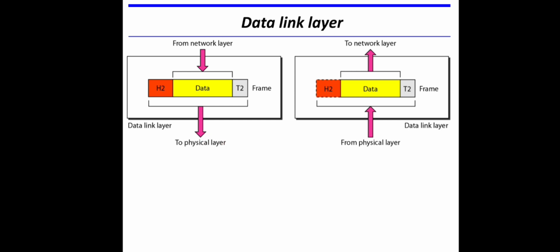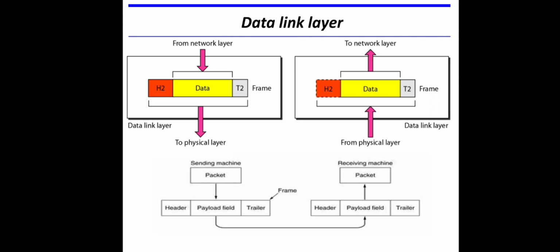And at the receiver side, what happens? It receives the data stream of bits from the physical layer, cuts out the header part and trailer part from this stream of bits, and the data part is forwarded back to the network layer of the receiver machine. So we can say that this is the first layer which handles the data as a meaningful unit. The physical layer treats the entire data as a stream of bits alone, and the data link layer creates meaningful frames from this stream of bits.